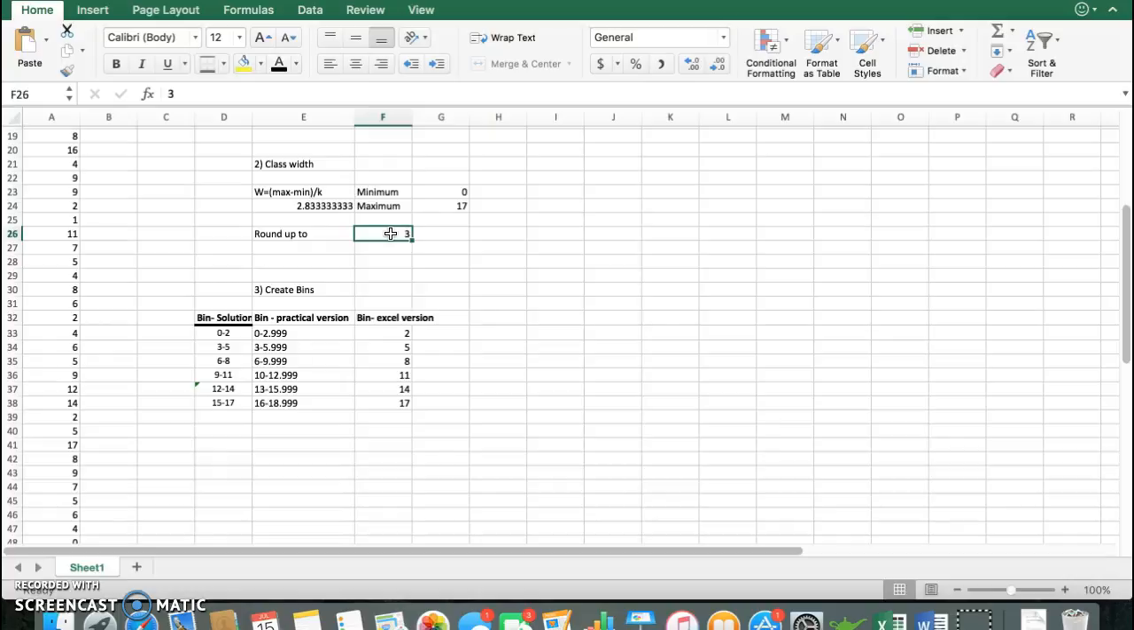Our next issue is to create the bins. Now I think this is where this is giving most people an issue. In practicality, just forget about the others for the moment, we know that we want to go from the minimum up in steps of 3. So practically speaking, we want 0 to 2.999, 3 to 5.999, and so on,